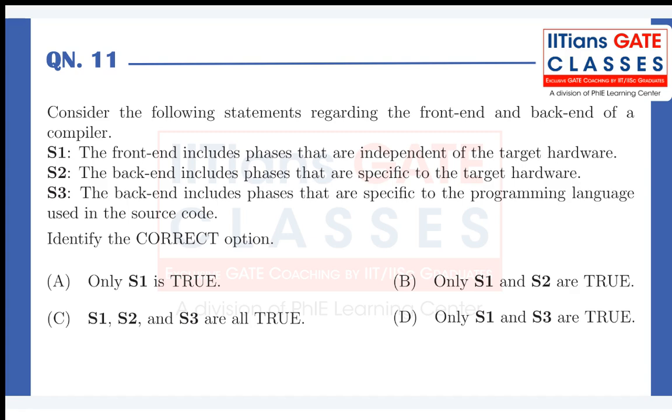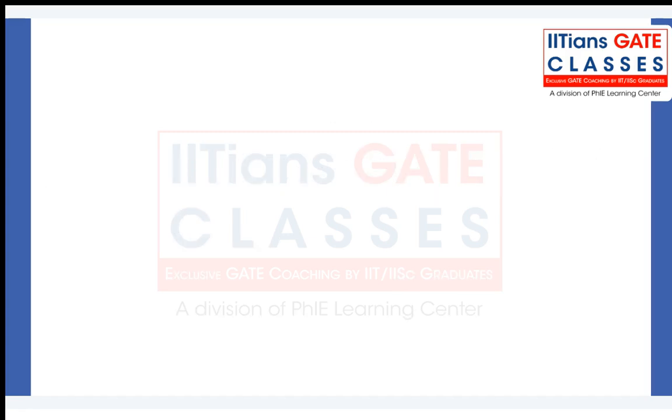The first question talks about the phases of the compilation process. Consider the following statements regarding the front end and back end of a compiler. Statement 1 (S1): the front end includes phases that are independent of the target hardware. Statement 2: the back end includes phases that are specific to the target hardware. And statement 3: the back end includes phases that are specific to the programming language used in the source code. So to understand the solution to this question, you will have to first look at your typical phases of